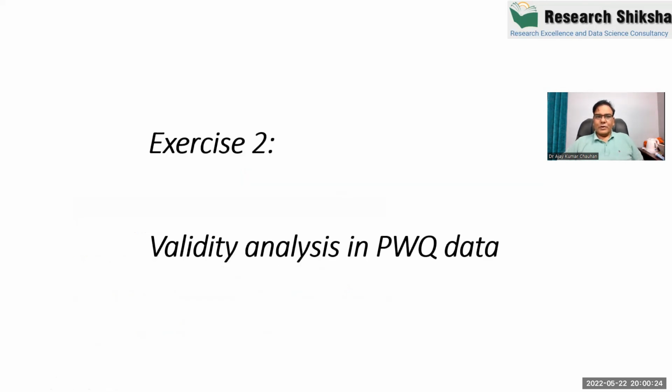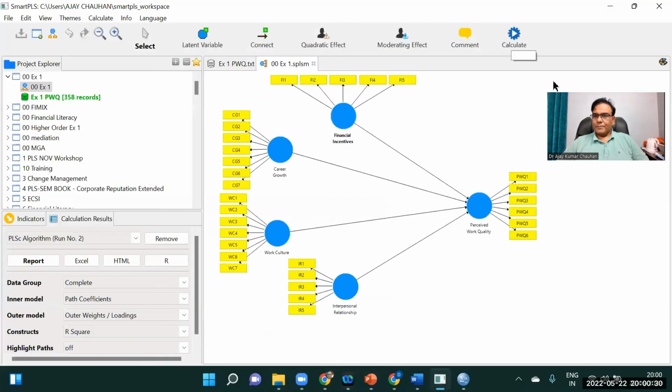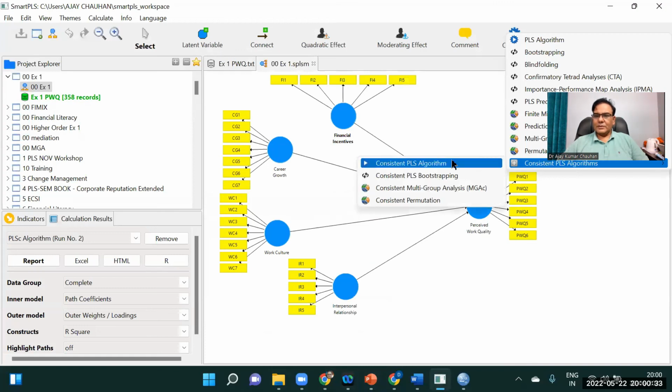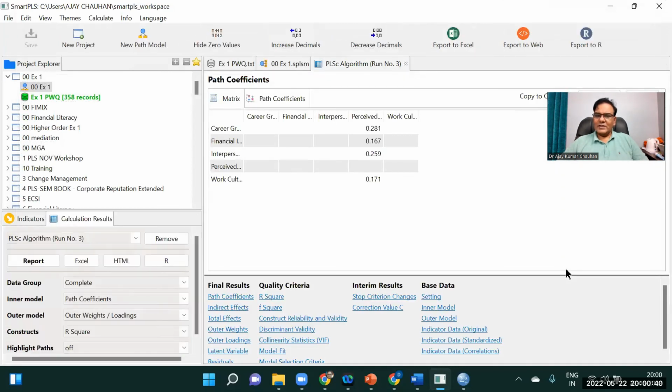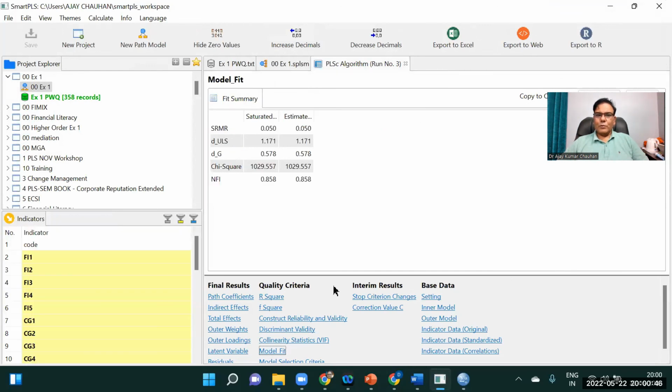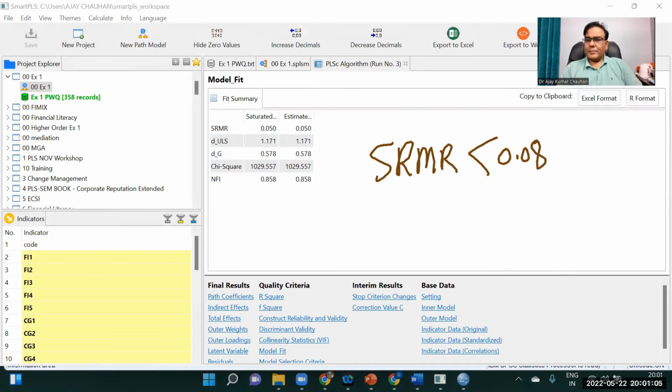Otherwise, the software gives you the goodness of fit in the case of the measurement model. If I go to calculate consistent PLS, the software also gives you some goodness of fit measures, not in large number, but small number. You can see the last value, model fit. In the model fit, two things you have to see: SRMR and NFI. The criteria is that SRMR should be less than 0.08. In some of the papers, they mention 0.05. And NFI,